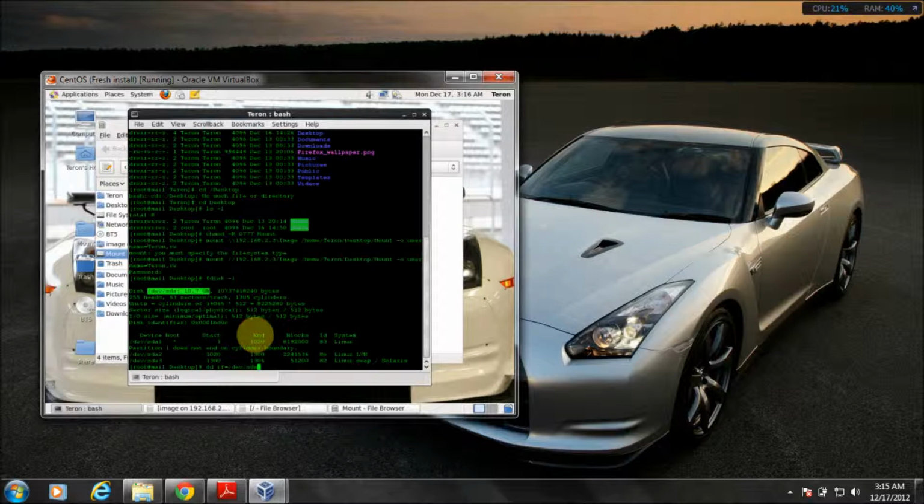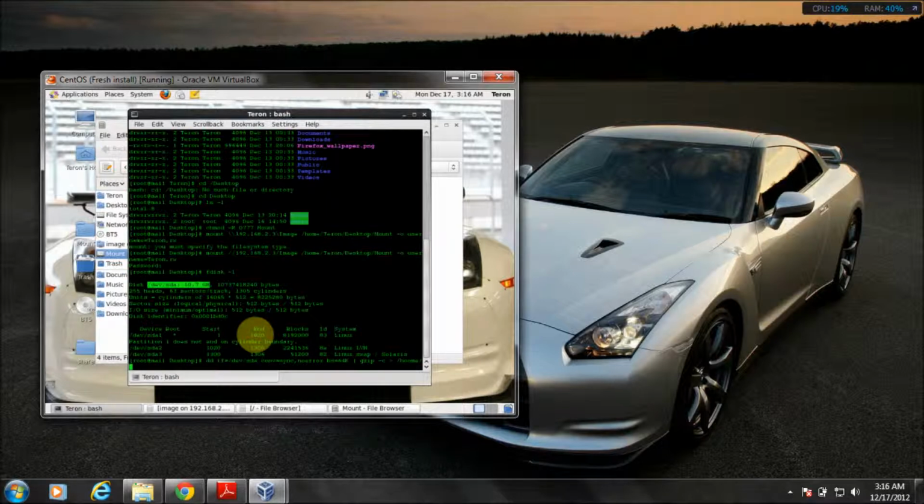Right. So the if is the input file, /dev/sda is the disk. Let's see, byte size equals 64K, pipe, gzip, and I also compress it so it copies faster. And the location to copy it to is /home/terrain/desktop